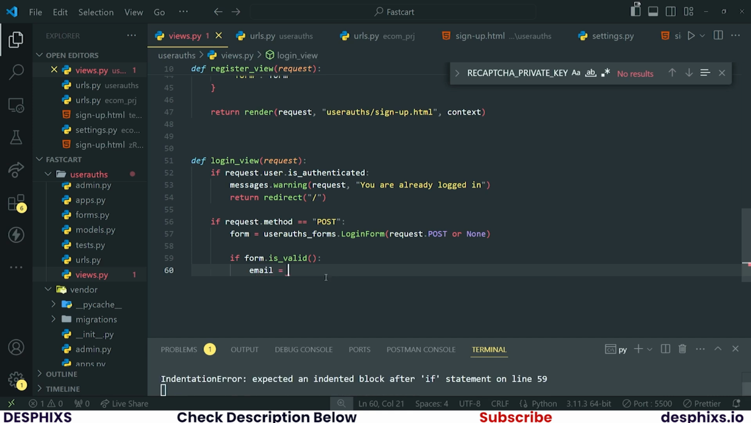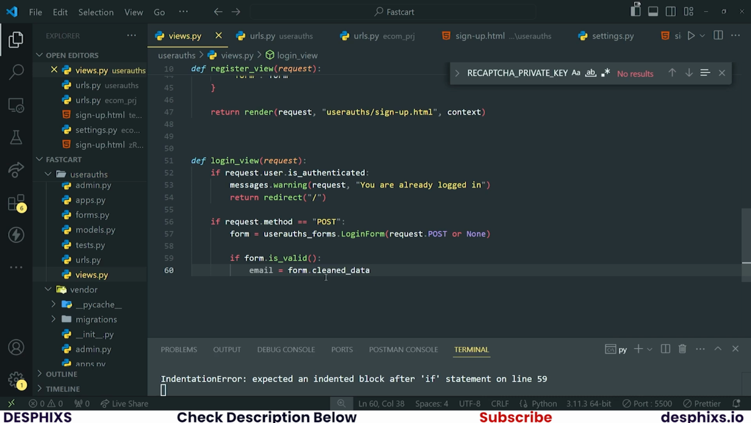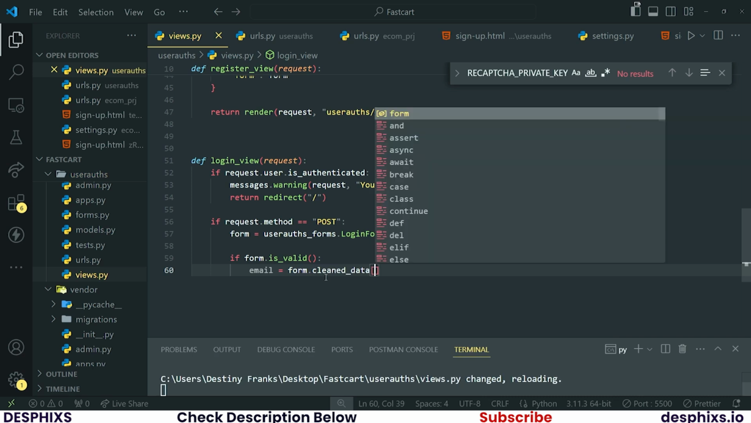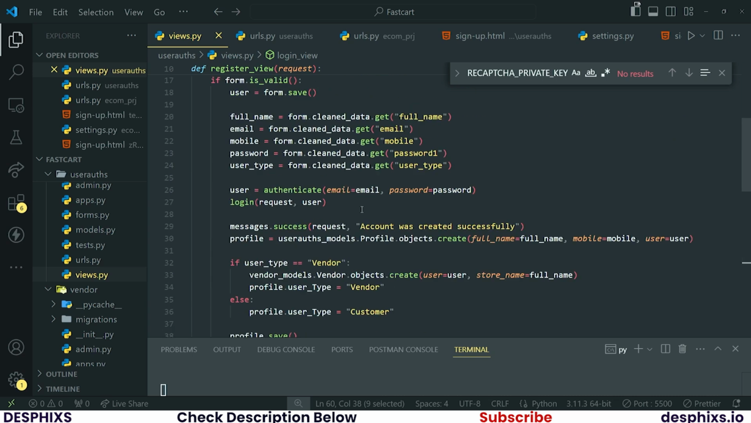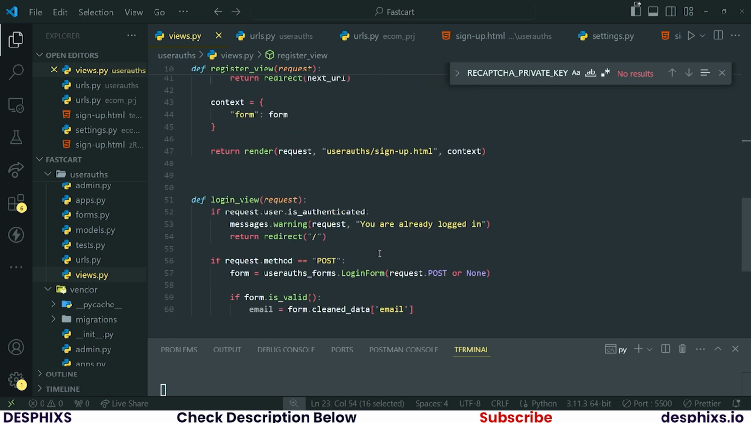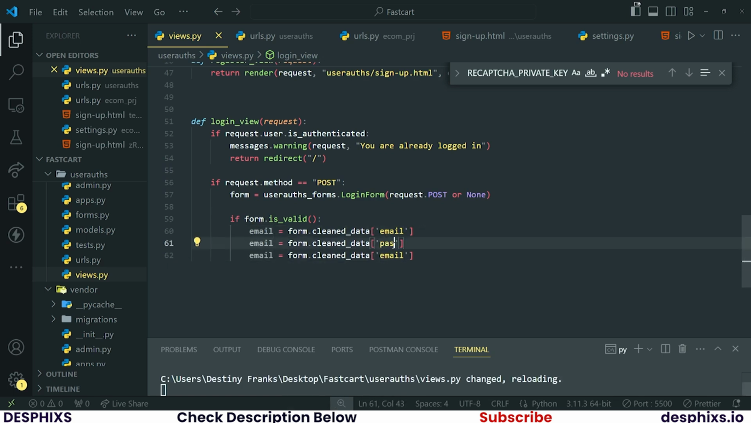So I'm going to say email should be equal to form.cleaned_data. If you don't want to use .get, you could still go ahead and just grab it this way. Now I'm doing this so that you guys actually see different ways that you could do different things. If you don't want to grab the value like this, you could use .get. If you don't want to do it with .get, you could do it this way. Everything is still going to work well. Now, secondly, I want to grab the password. And finally, I want to grab the